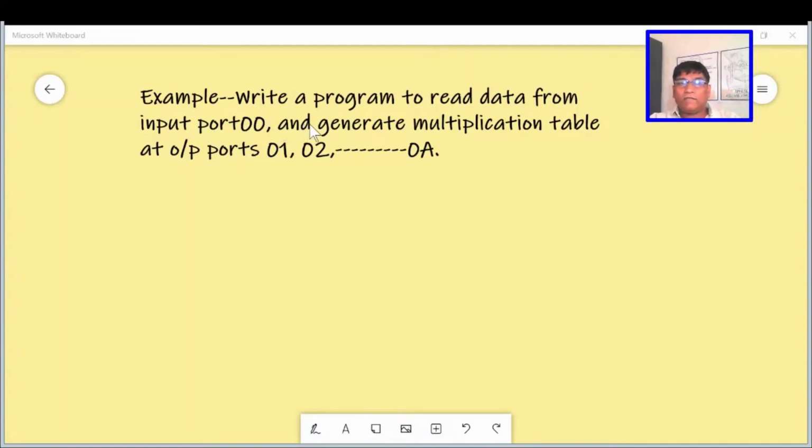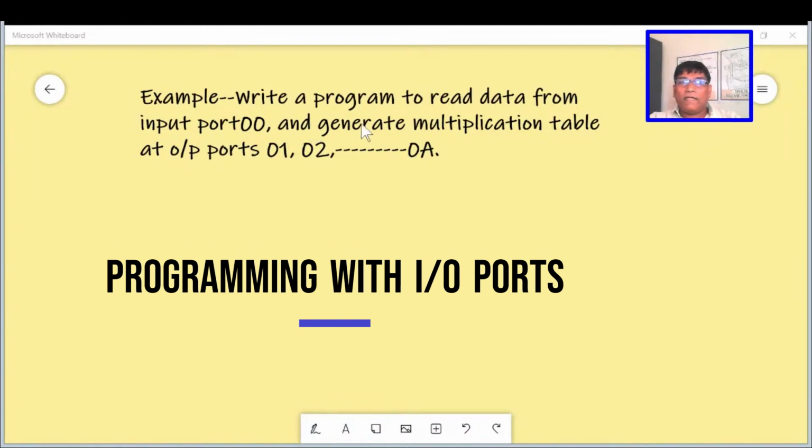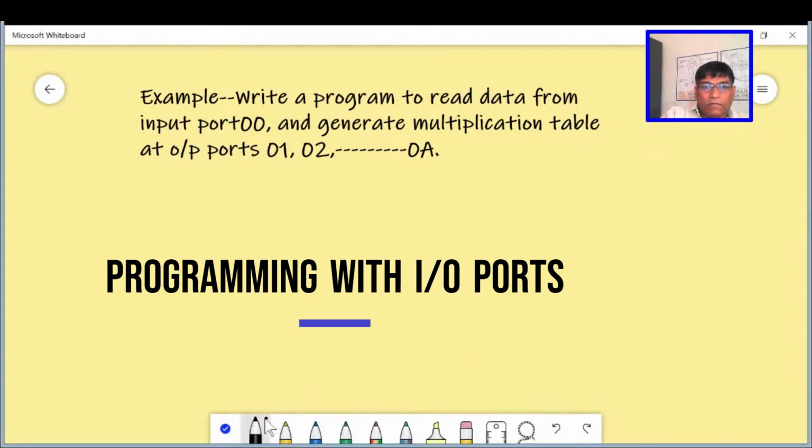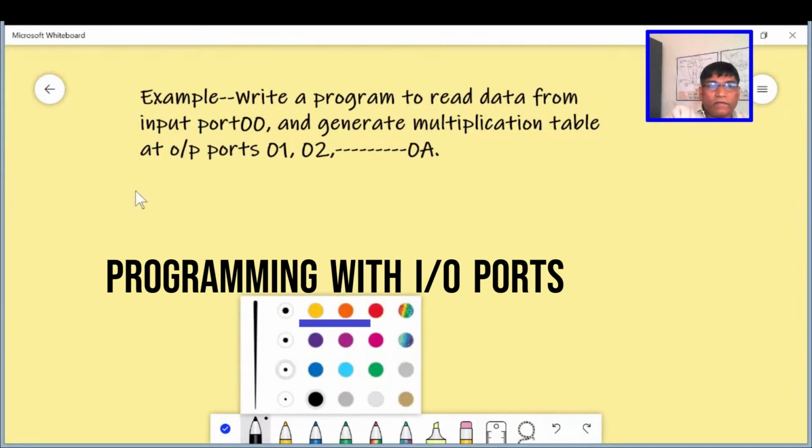This is example 1, which is write a program to read data from input port 00. That means we are having one input port, say here.